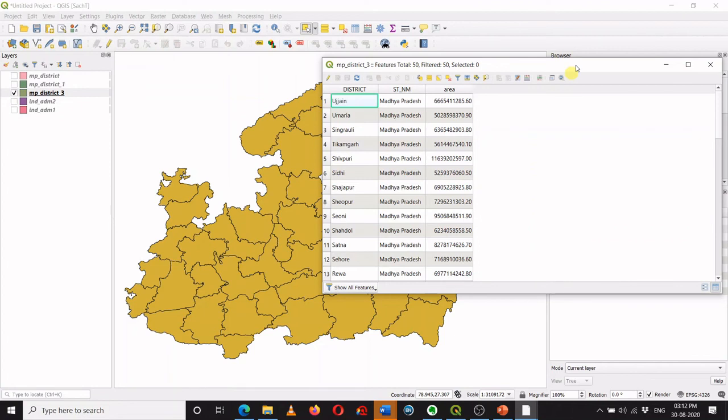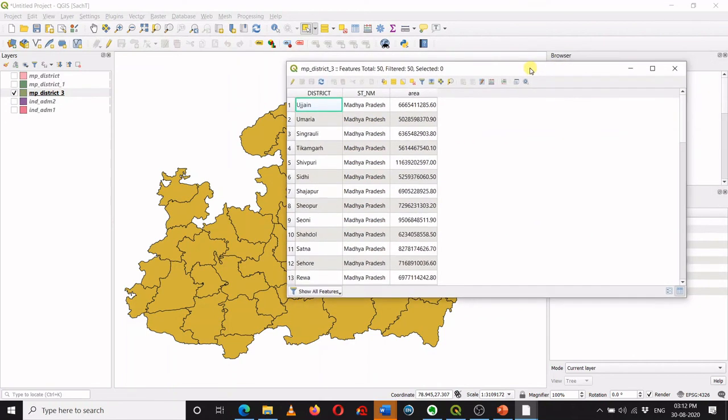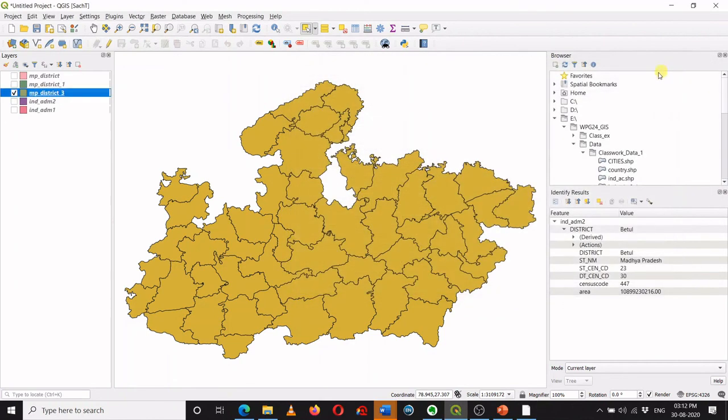Either you can select those features manually by using the identify feature, or you can select those features manually from the attribute table, or you can select those features by using selection by expression as an option. Also, you can select which data or which columns you want to export from the attribute table. Thank you.